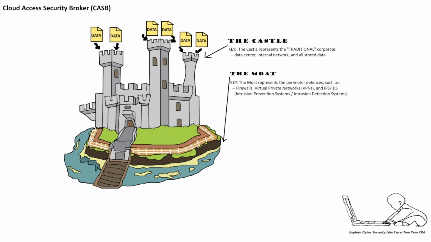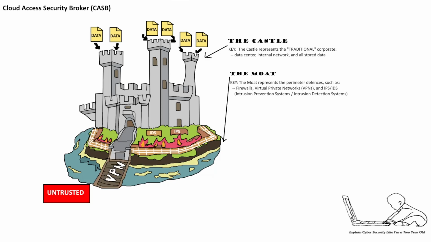And to make the moat very clear, let's draw the firewall. That's a wall on fire, as well as the IPS and IDS systems that sit behind the firewall, just in case anybody gets past. And of course, sitting in front of the firewall is the VPN, Virtual Private Network, which is the drawbridge in this analogy. And the drawbridge is a controlled point of entry, e.g. VPN,